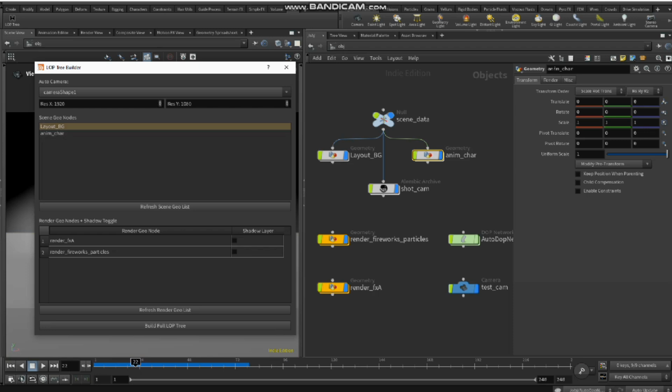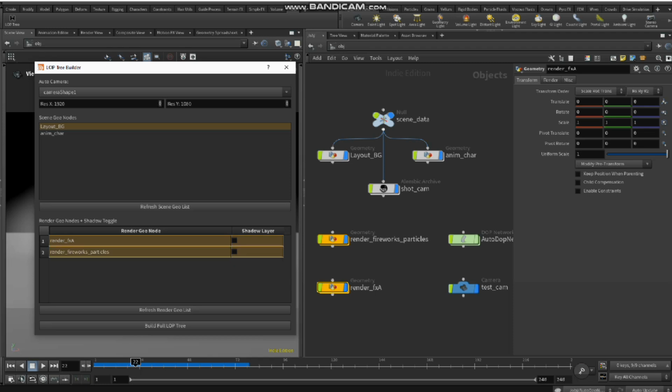Whatever you want to build the flow to, you have to select that manually. And the render geometry node, which are the FX elements, that will be loaded here in Render Geo node. In that you have to also select them